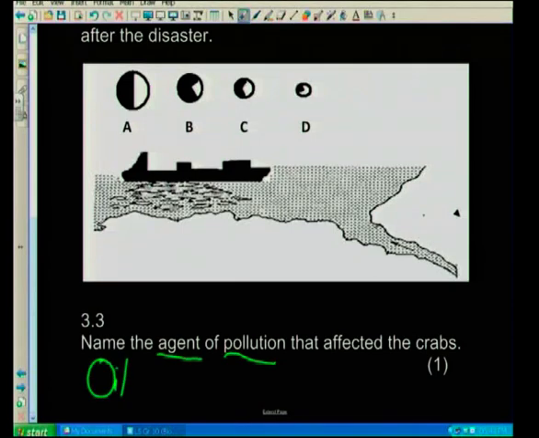So what affected the crabs was oil. So that is the agent. See how easy this question is? Because you analyzed it before you even looked at the question. All right, so the answer was oil, and that is another mark. So far you've got 3 out of 3. Well done. Right, the next question,